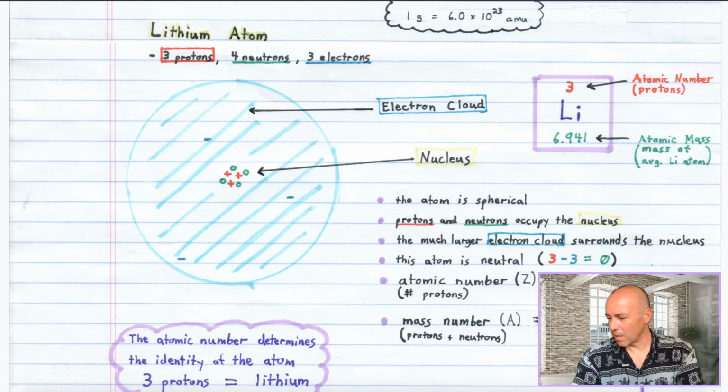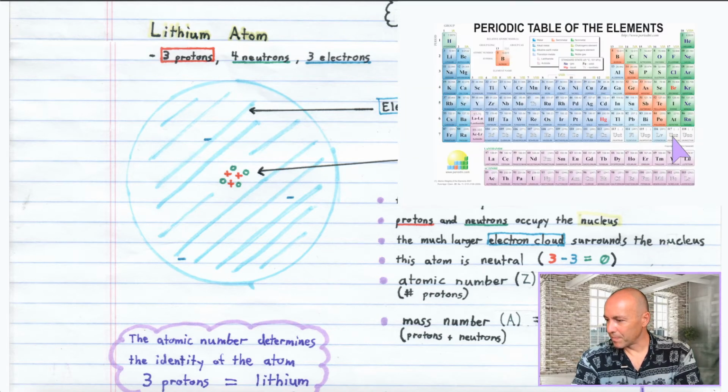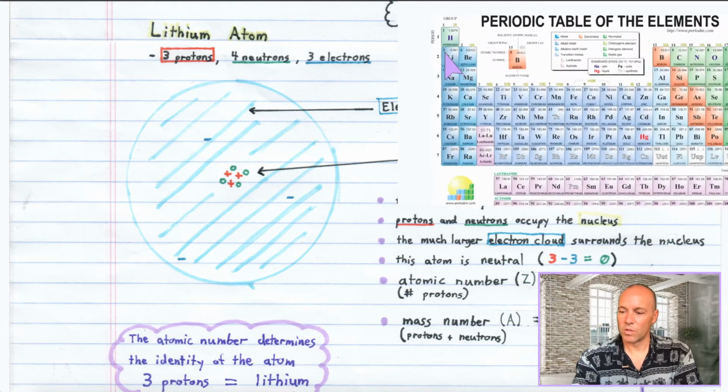Let's find lithium on the periodic table. Let's pop it up. So here is the periodic table. The first element is element number 1, hydrogen, and you go over across, there's element number 2, helium, and then in the next row there's element number 3, lithium. And so if we zoom in on lithium,